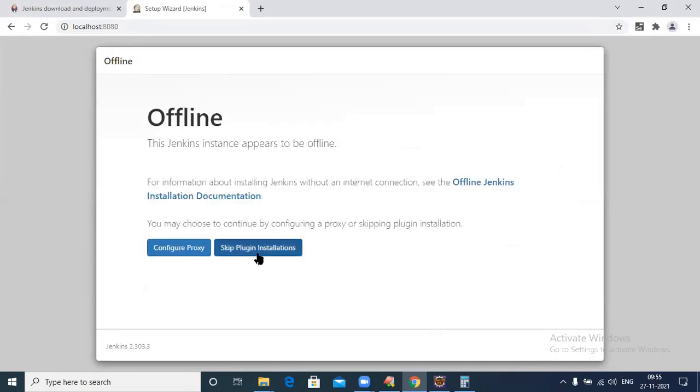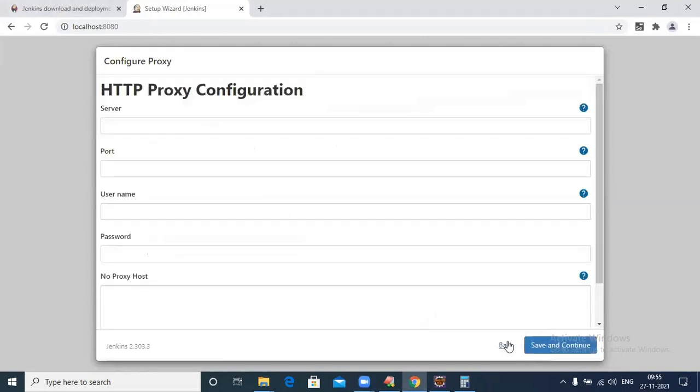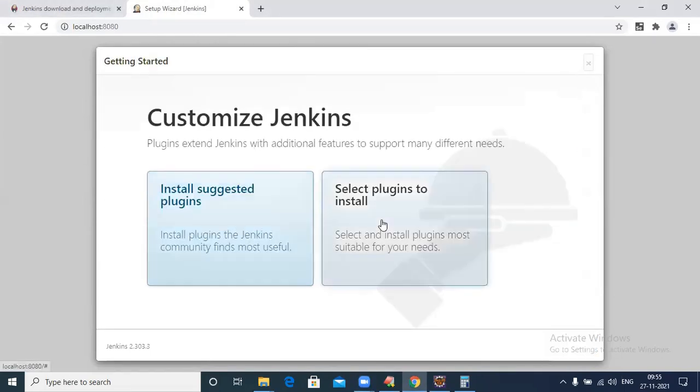See, if I'm hitting come to here, this page is coming. Sorry, see. Configure proxy, come back. It is also from here on, it's not moving in my machine. That's why in your machine I'm selecting. See, sir, your machines are fine. You can select install suggested plugins. It will be installed. Or restart Jenkins.